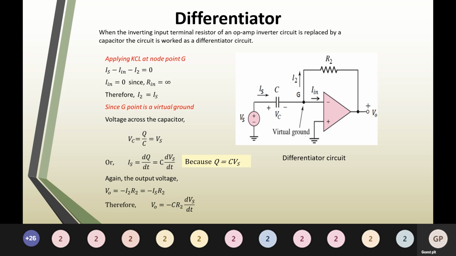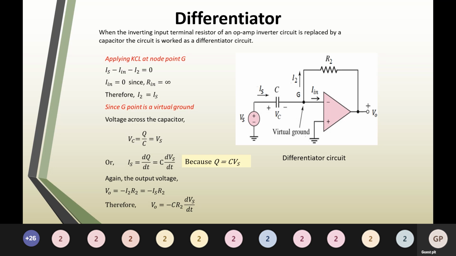If you see the changes in the circuit, we can very well notice that here the input resistance has been replaced with a capacitor, is it not? The feedback resistor remains the same. In the previous case, for an integrator, the feedback resistor was replaced by a capacitor. Here, for a differentiator, the input resistance is replaced by a capacitor. That is the only difference; the rest all remains the same, since this also looks like an inverting amplifier where a small change has been made on the input side.